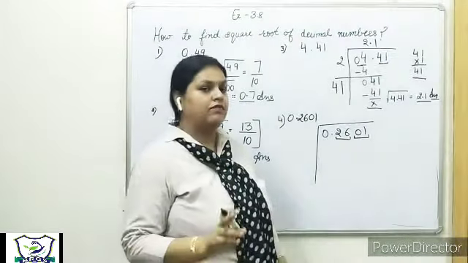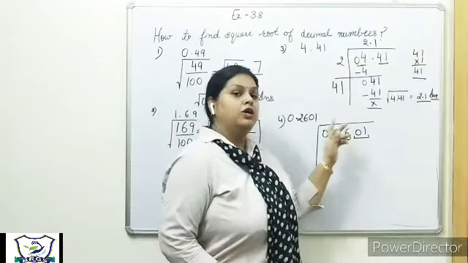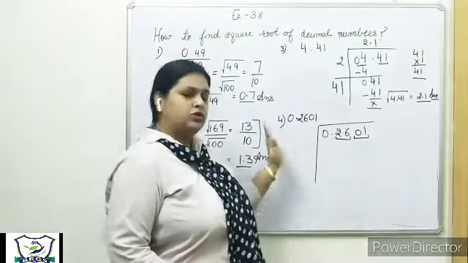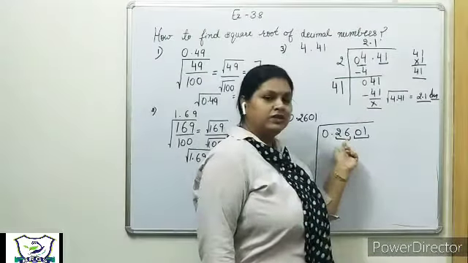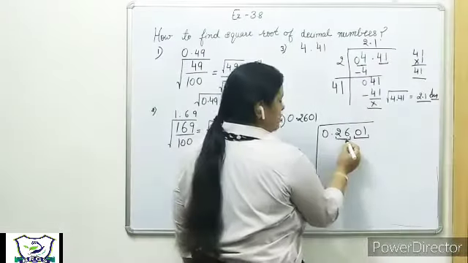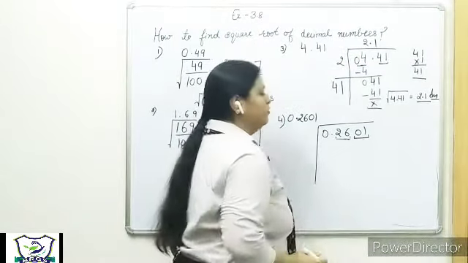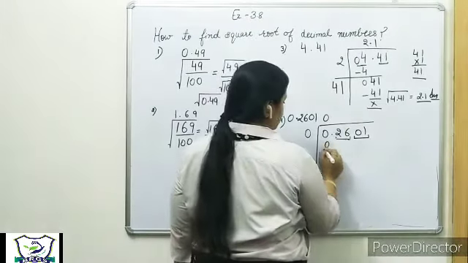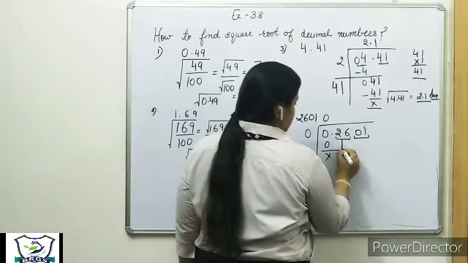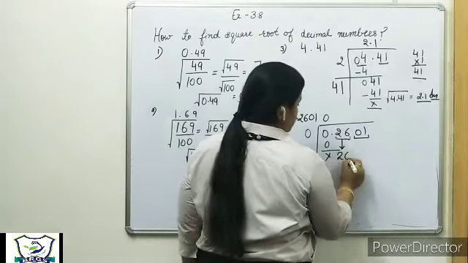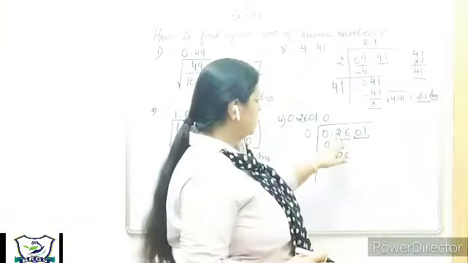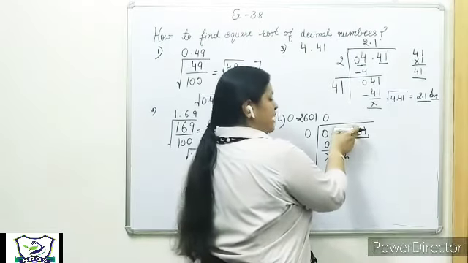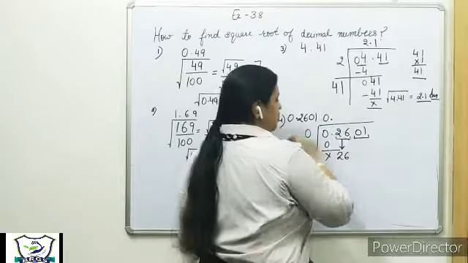You should keep in mind that whenever you are doing pairing of the decimal part, you should move from left to right, and for the whole number part you have to move from right to left. Now in the decimal part we have 2601. So the first pair will be 2 and 6 and the second pair will be 0 and 1. So let's start the division method. 0 0s are 0, and thereafter the first pair, 2 6, comes down. The first pair that we have brought down is written after the decimal, so when we bring the decimal part's first pair down, we will put a decimal in the quotient.